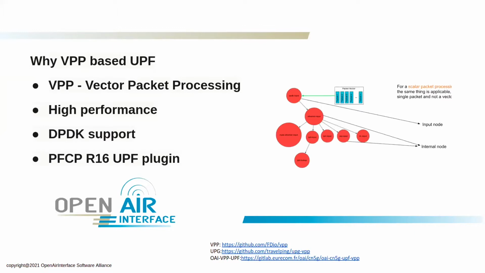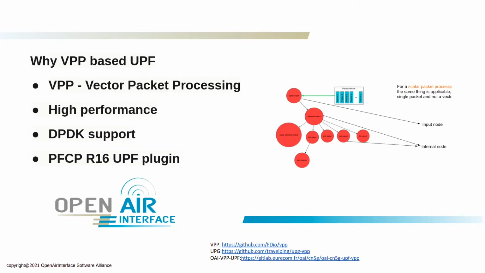So before moving on, what is VPP based UPF? The name VPP stands for vector packet processing. As you see in the diagram on the right hand side, it's a vector of packets. So it's multiple packets, a batch of packets that are processed at once, and there are different nodes for each functionality. Let's say GTPU encapsulation, GTPU decapsulation nodes, or for example lookup nodes, which will do the lookup for routes. And for each node, the packet batch is processed in parallel. So we have some optimization and high performance